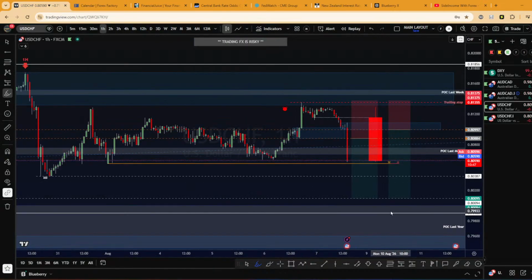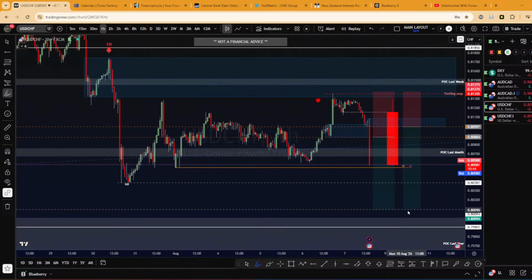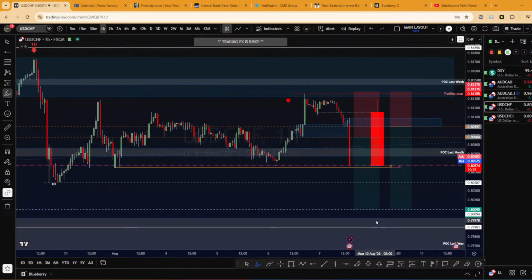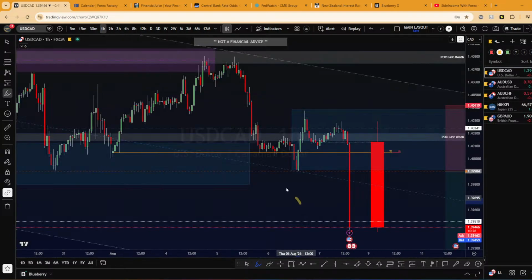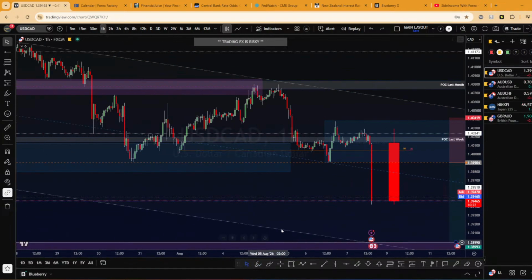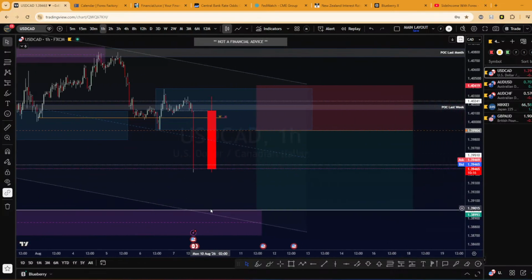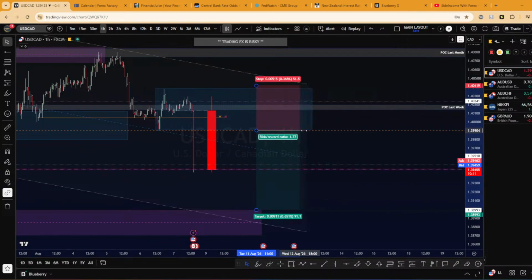So I think we have potential to even drive lower, but if this goes without me, I will not engage in this trade. So let's see. I have the USDCAD. Oh my God, USDCAD is dropping. We are going pretty much to target this level soon.